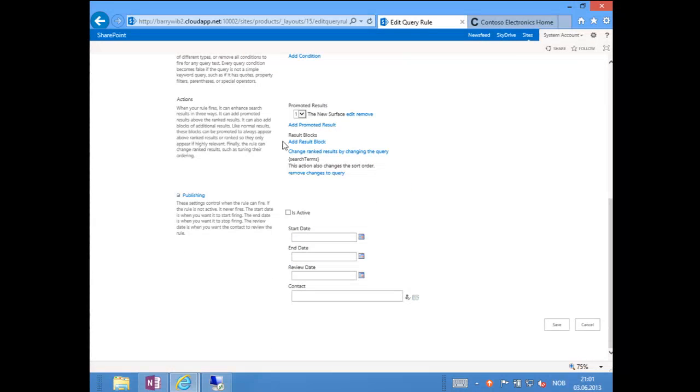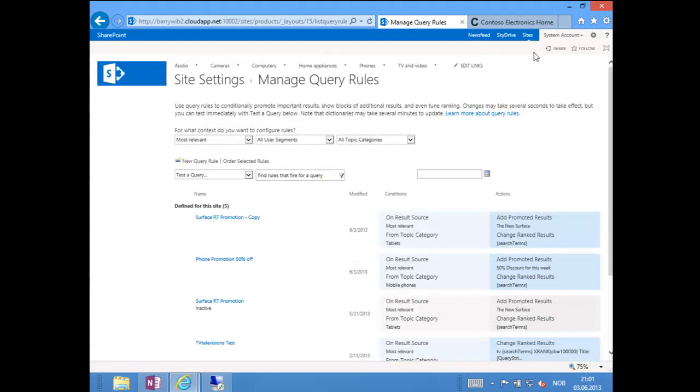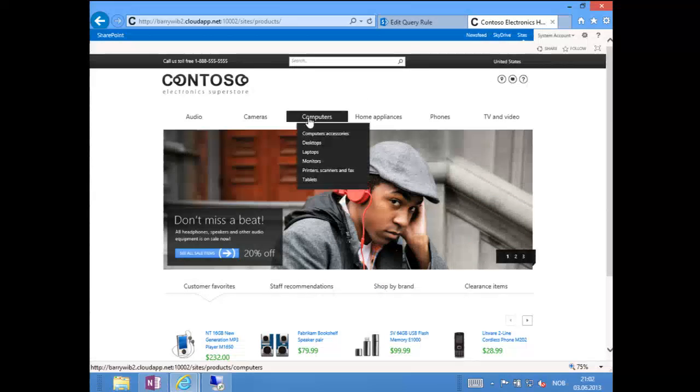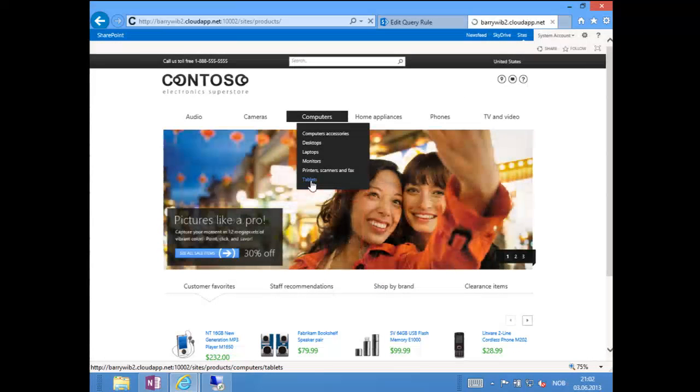Again, under Actions, there's an image being displayed. Under Publishing, we just set it active, no date needed. And I click Save. What you'll notice is, when we go back into this, it now will fire under category tablets, and for user segment, iExplore10. So if we go to our site now and try to look at tablets,